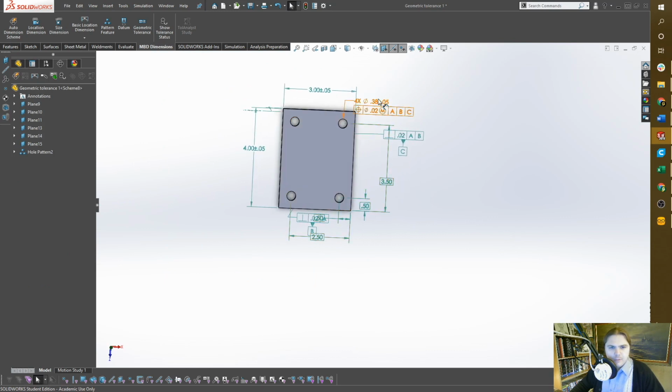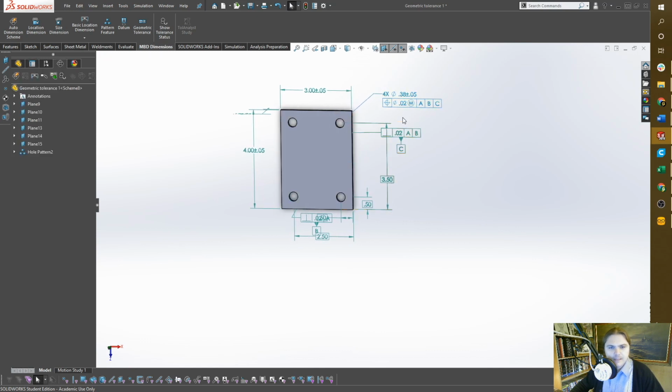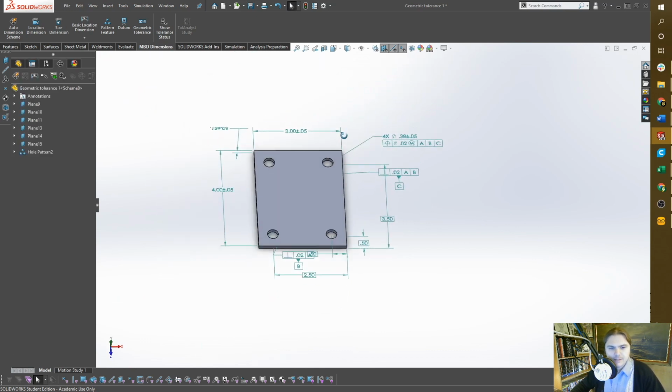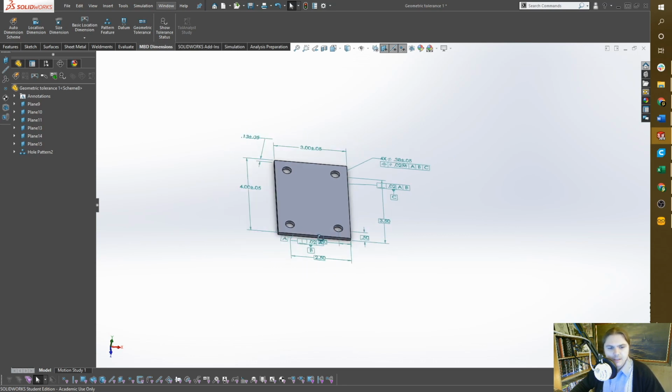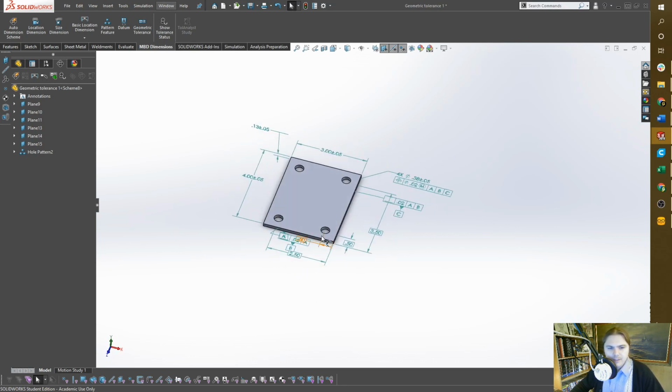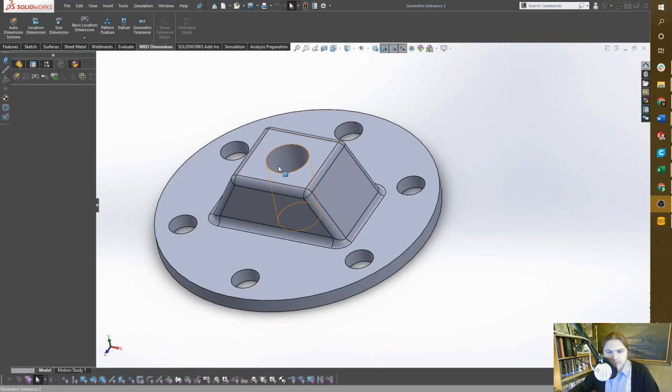Okay, so I'm going to go over to a more complex part here, but as I said, this is kind of the basis of the exercise: combining your dimensions and geometric tolerances to fully define a part. And I'd like you to try to use at least a few of your form and orientational tolerances along with what will most likely be a position tolerance. So here's the little more complex object that I'm going to show you how to apply your dimensions and geometric tolerances to. Before I get too deep into this, I want to show you